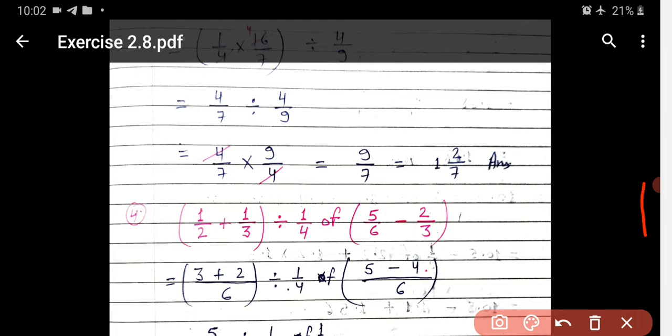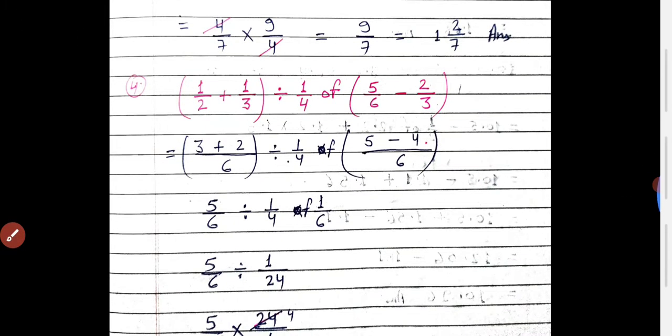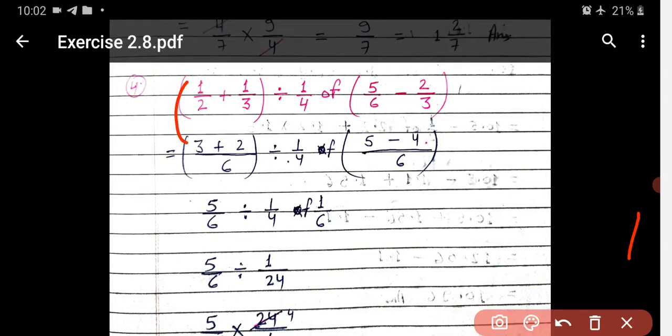Okay. Now come on question number 4. So first we see the bracket, two brackets are there, so first we have to solve the brackets separately. First you solve this bracket. In this bracket you have a plus, according to the BODMAS rule you have to solve the addition last, but bracket is there, so you have to solve the complete bracket first. Now just multiply 3 ones are 3, 2 ones are 2, 3 twos are 6. So you have to take the LCM by shortcut method. 3 ones are 3, 2 ones are 2, and 3 twos are 6. Divide as it is, 1 upon 4 as it is, off as it is.